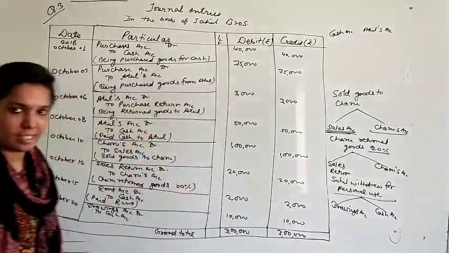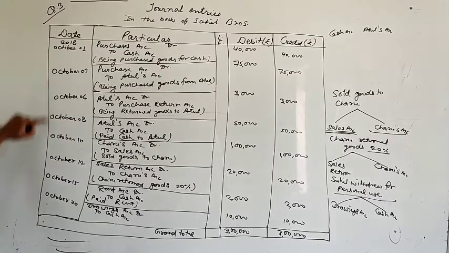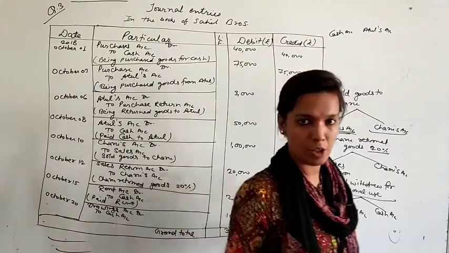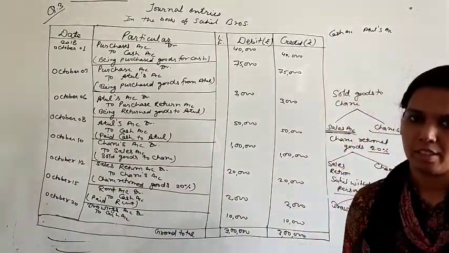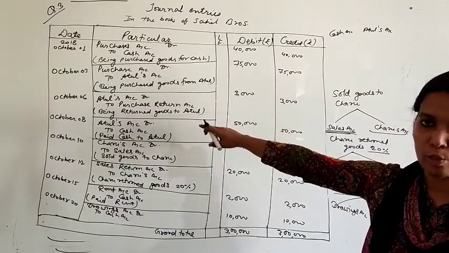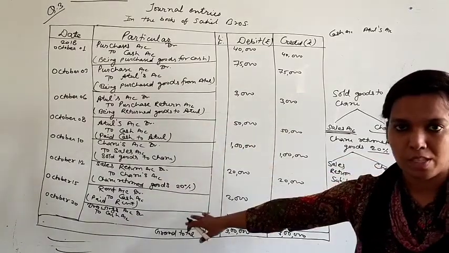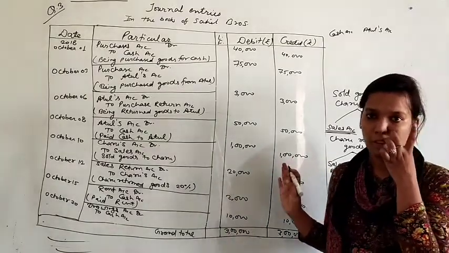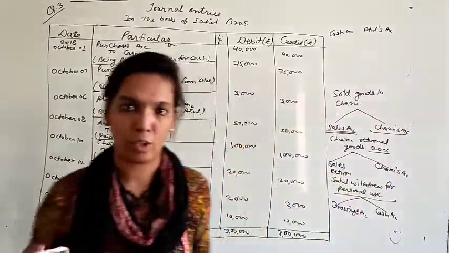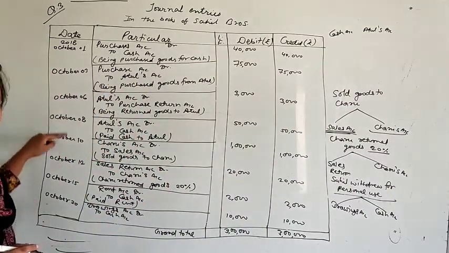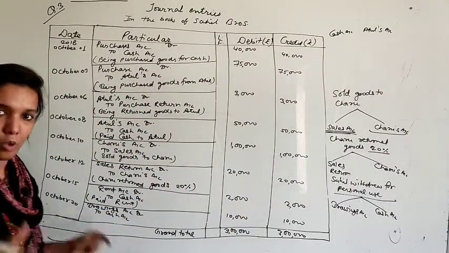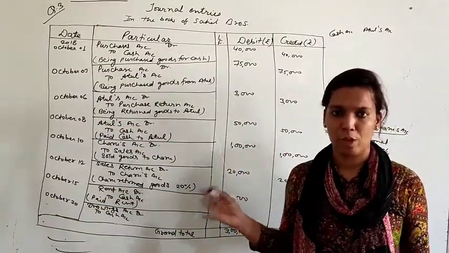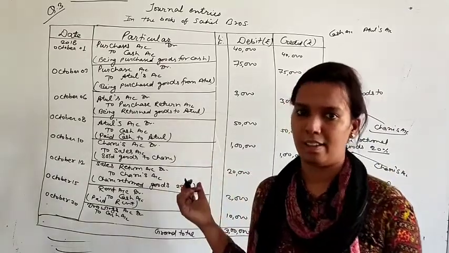Simply you can say that from October 1st 2018 to October 20, 2018 you have done transactions of rupees 3 lakh. In this 3 lakh, purchases are included, sales are included, and expenses, drawings, all these things are included. So this type of journal we prepare. This is a day-wise book. You can see here that we are recording according to dates, in a chronological order. This will be the first method for a business to record transactions like this.